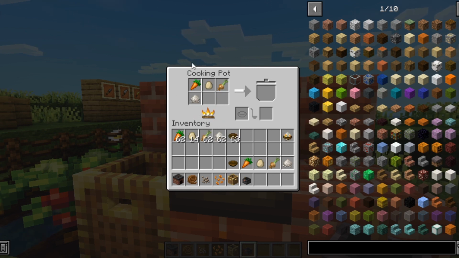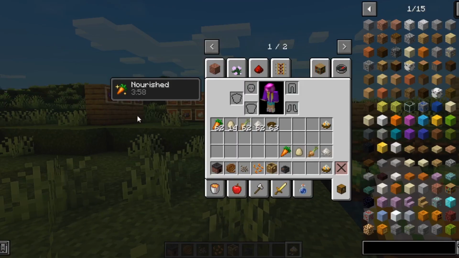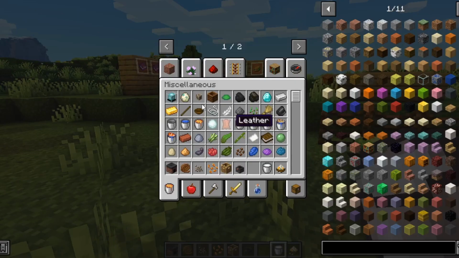And now, as you can see, the cooking pot is cooking the fried rice. Now that the fried rice has been cooked, it will let you know where it is being served. So it says served on bowl. So that basically means you have to place a bowl over here and then you get your fried rice. Now eating this fried rice will give you a nourished effect, and that lasts for 4 minutes. Just like any other effect, you can drink a bucket of milk to get rid of it,